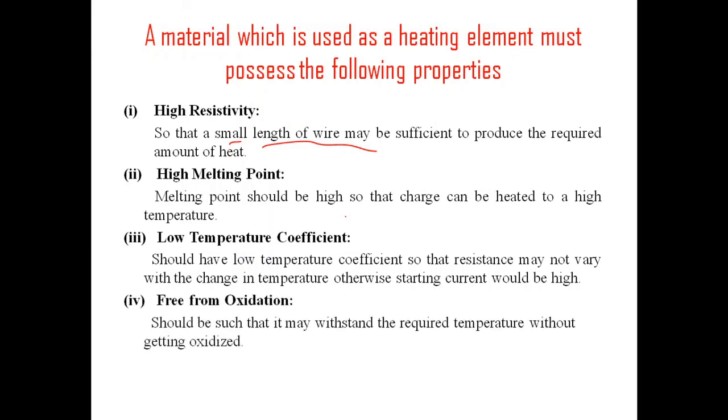And the fourth point which you need to consider is that it should be free from oxidation. Free from oxidation is nothing but, when temperature goes on increasing, it will get chemically reacted with oxygen and it will affect the material. So we need to try to have an element that should not get oxidized. Why? By increasing the temperature. So we need to have this property in a material.